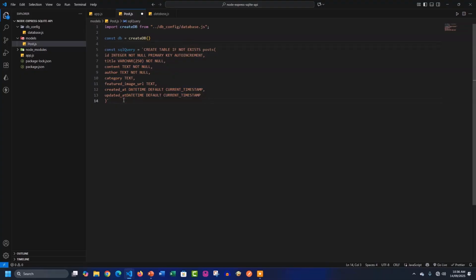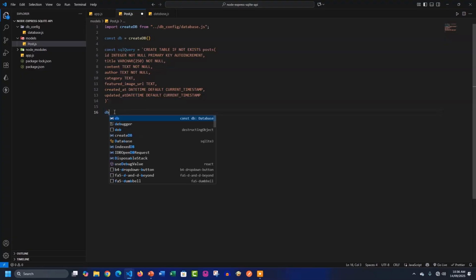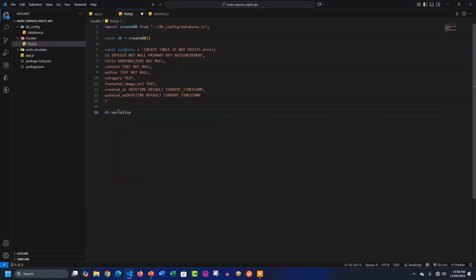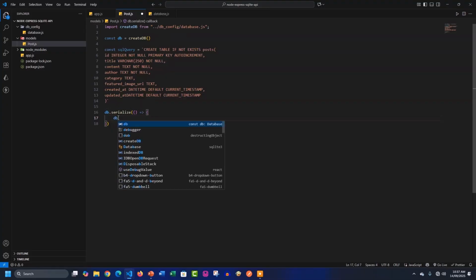So how do we create the table? We need to use the DB to create the table. So the DB is going to give us a function that enables us to create the table. So I type DB dot, you access the serialize method. Inside the serialize method, you have a callback function. So add a callback function like this. Now inside the callback function, you can also use the DB object to run this command. So and it have a method called run. So I type db.run